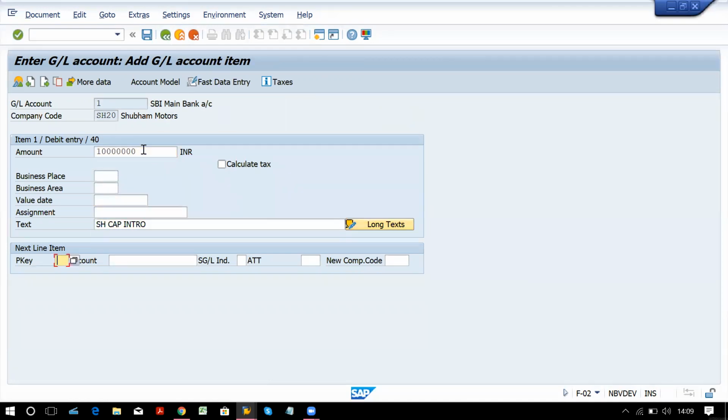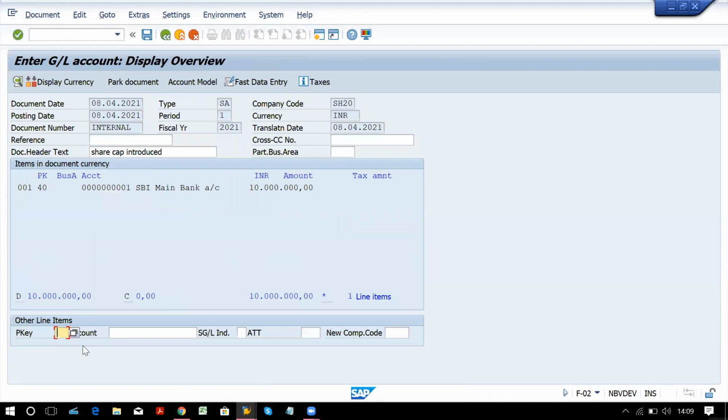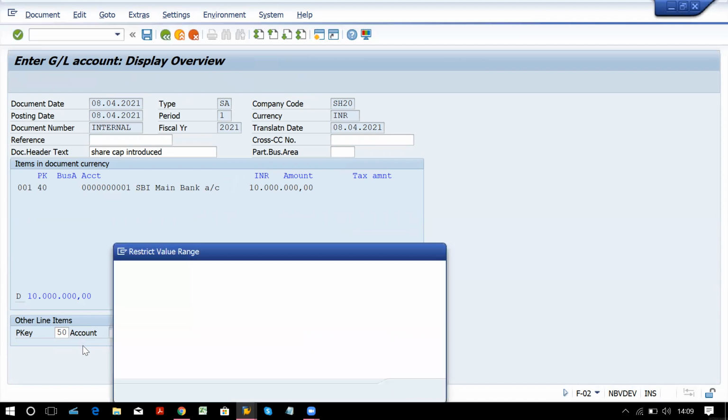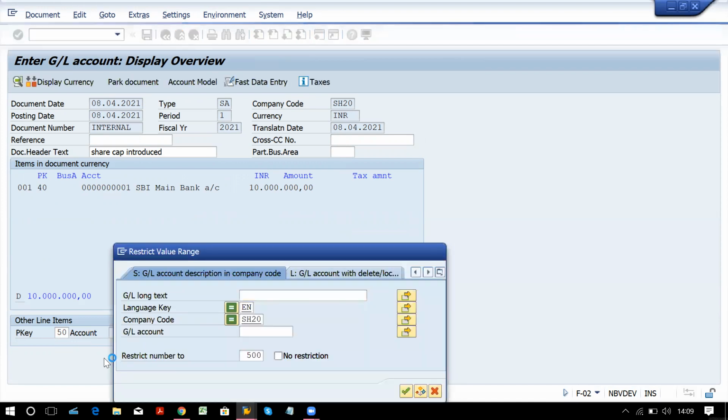Now I am giving here 50. Sorry, I just wrongly pressed F3. So I'm entering the posting key here. F3 is for exit, so from that screen it has exited.